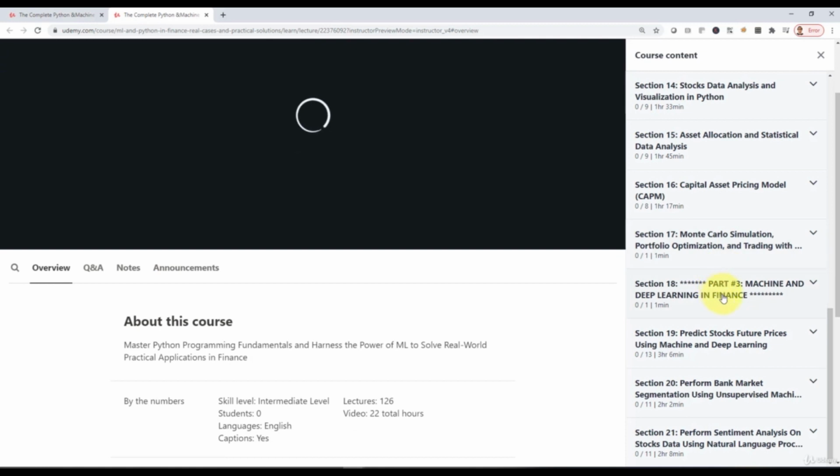And then finally, in part number 3 of the course, we are going to learn the applications of artificial intelligence, machine learning, and deep learning in finance. So we will cover essentially 3 main projects. The first project, we will learn how to predict stock future prices using machine learning and deep learning. And then in the next